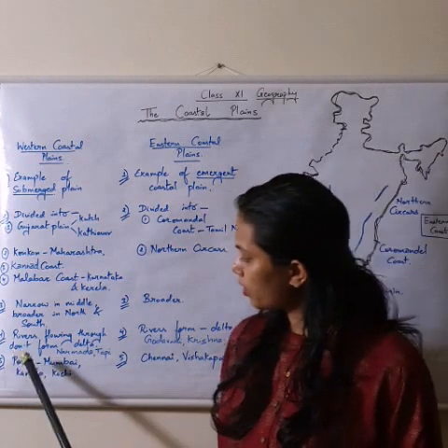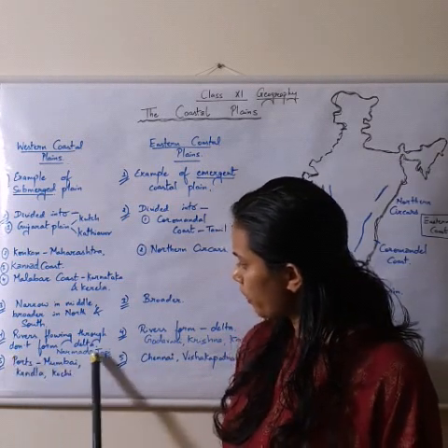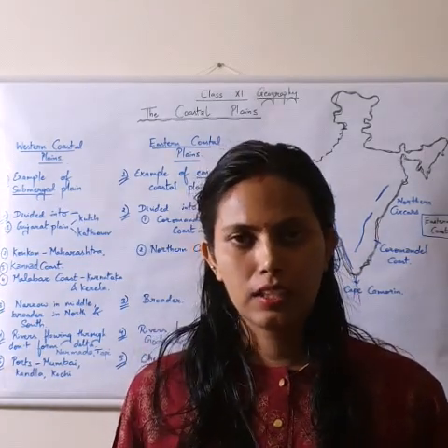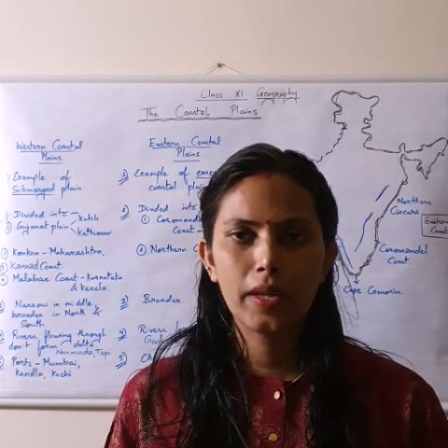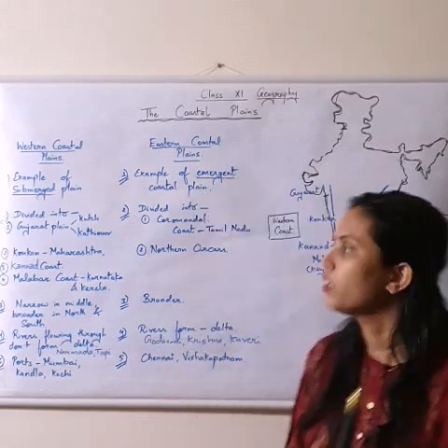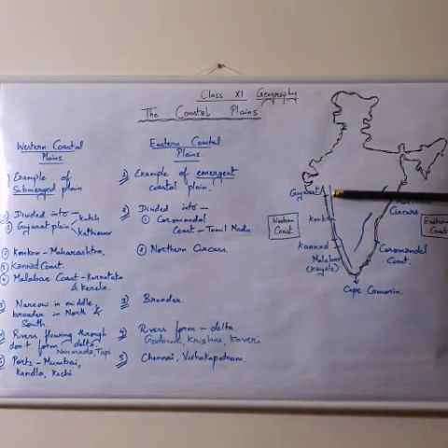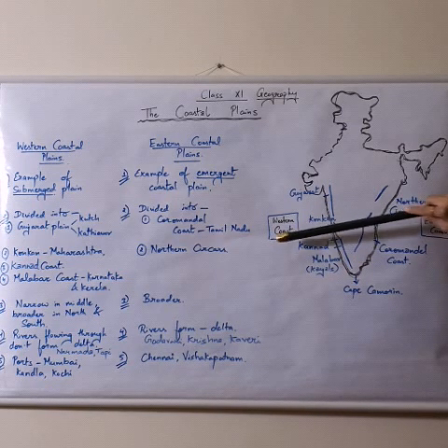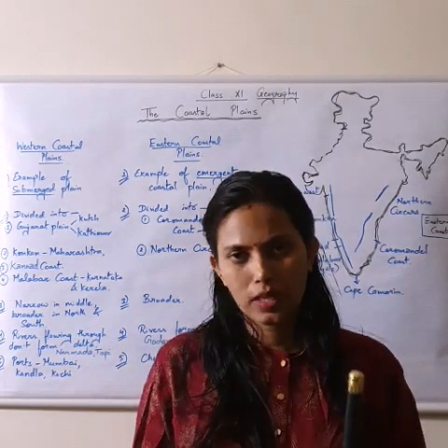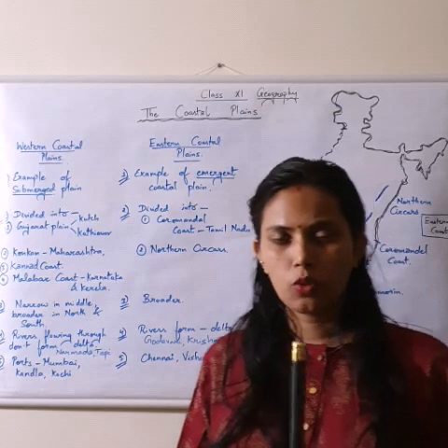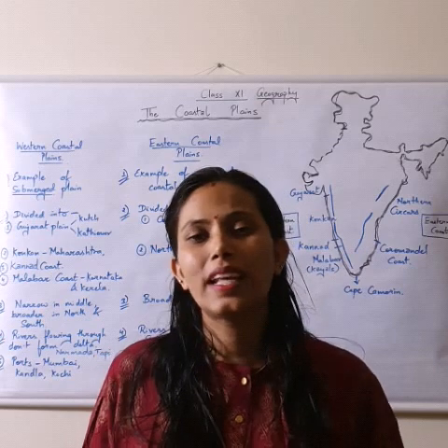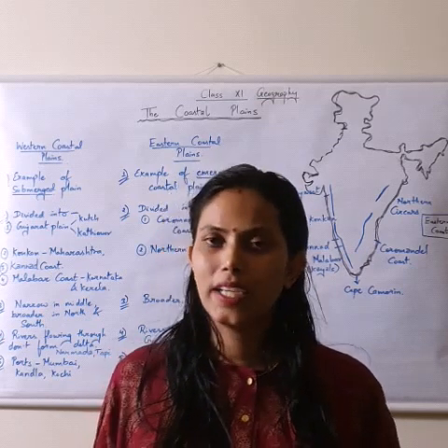Next is the rivers flowing through don't form any delta. Now the rivers which are falling into the Arabian Sea. The western coastal plains lie between the Western Ghats and the Arabian Sea. The place between the Western Ghats and Arabian Sea, look here. This is Western Ghat, this line. And this side is the sea, Arabian Sea. So between Western Ghats and Arabian Sea lies the western coastal plain. In that western coastal plain, there are few rivers, and the rivers of the western coastal plains do not form any delta.